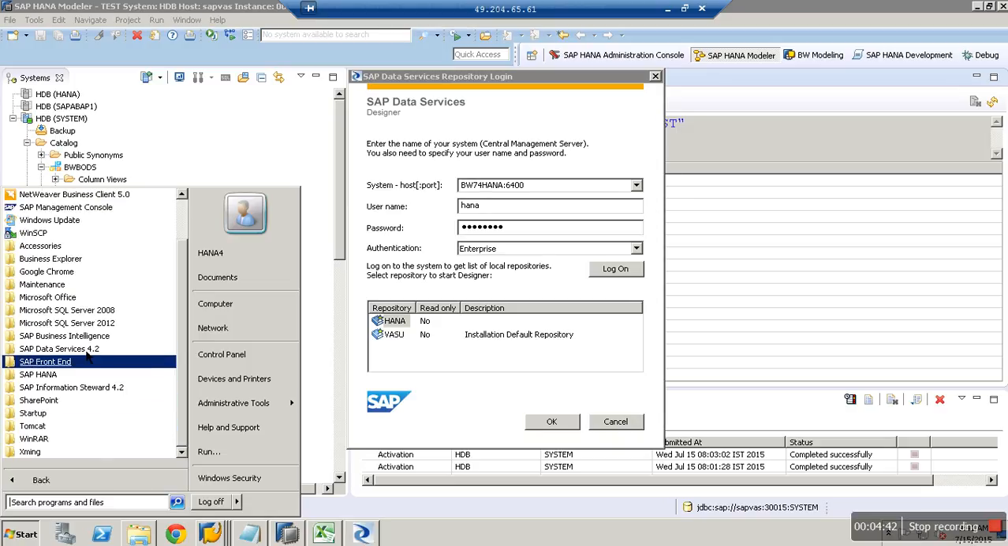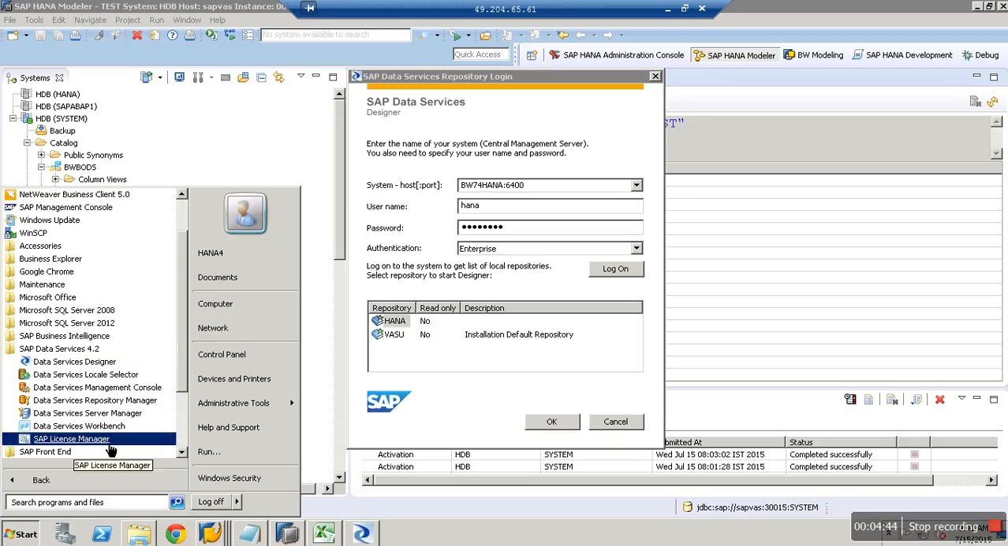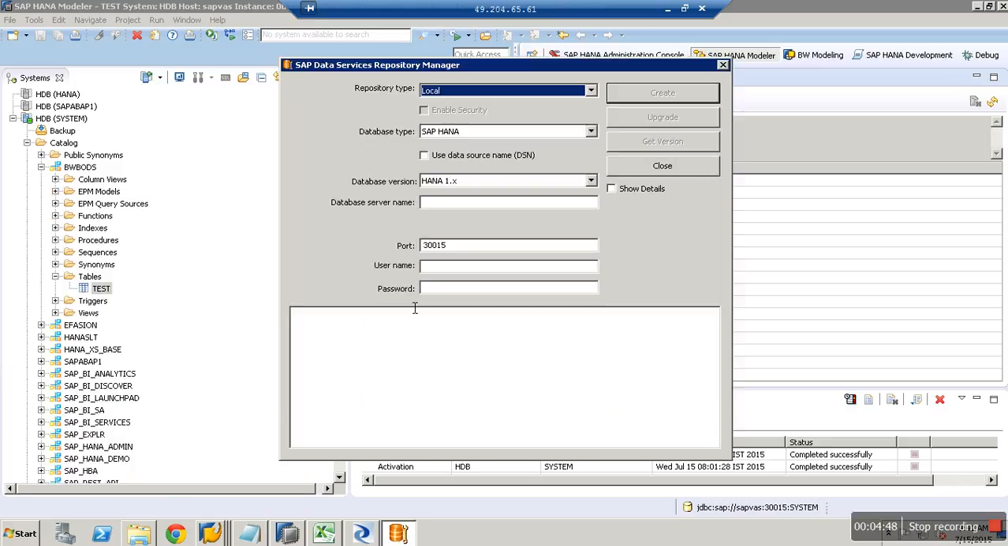In this BODS itself, you'll have the Data Services Repository Manager. This is where they basically create their own repository. Now I need a repository,